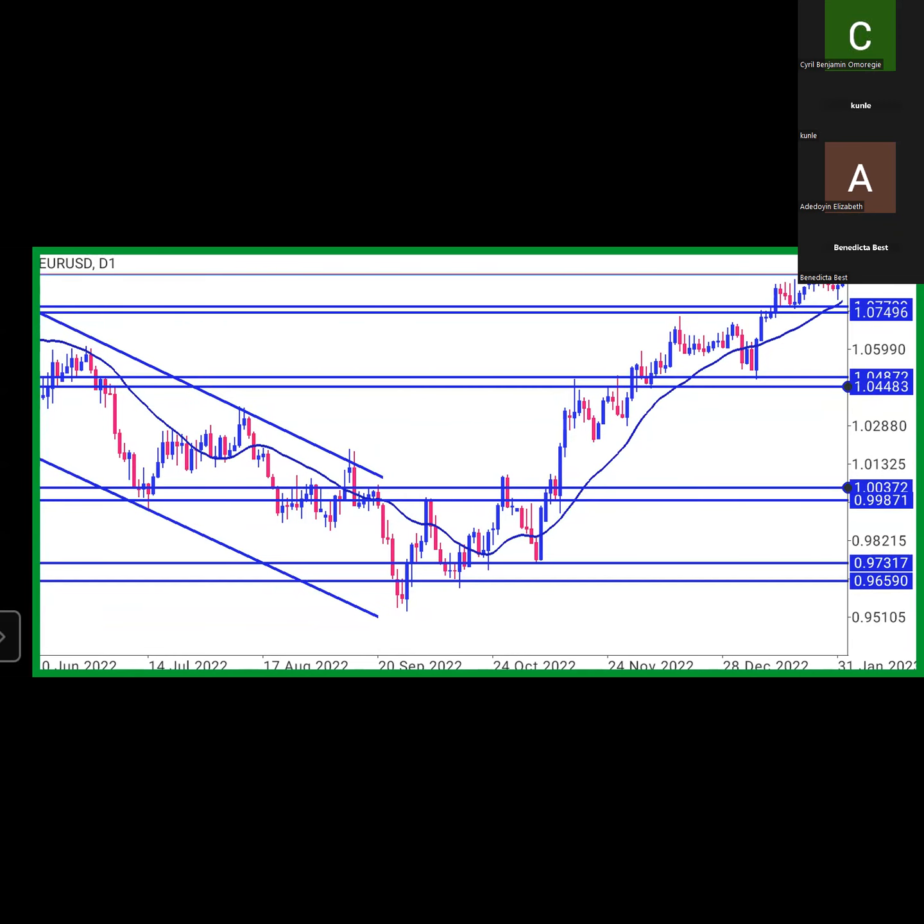Do you think we have an uptrend or a downtrend? I'm on a daily time frame right now. Do you think we have an uptrend or a downtrend? Uptrend. Okay, good. So based on what I just told you, on that uptrend, look for the last major resistance